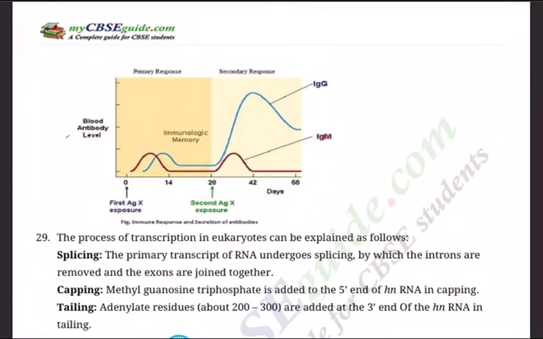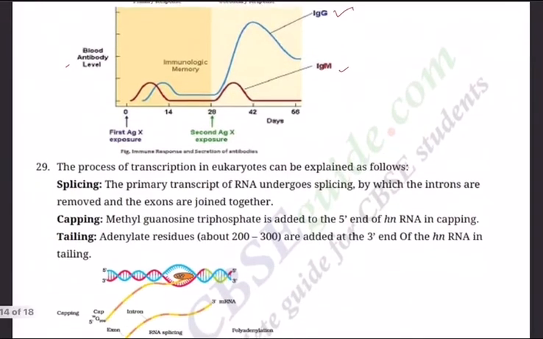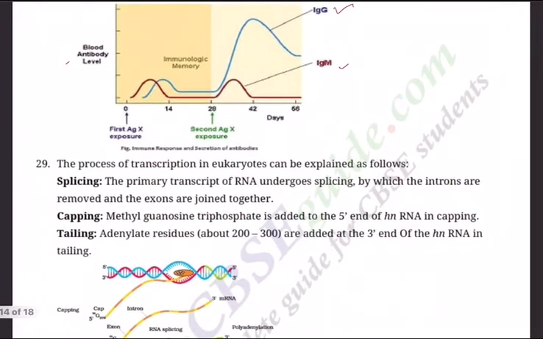Next, this is how we are seeing antibodies in the blood. So immunological memory, and this is the primary response, first exposure. Whereas the second time you see it's very fast, and mainly IgG and IgM